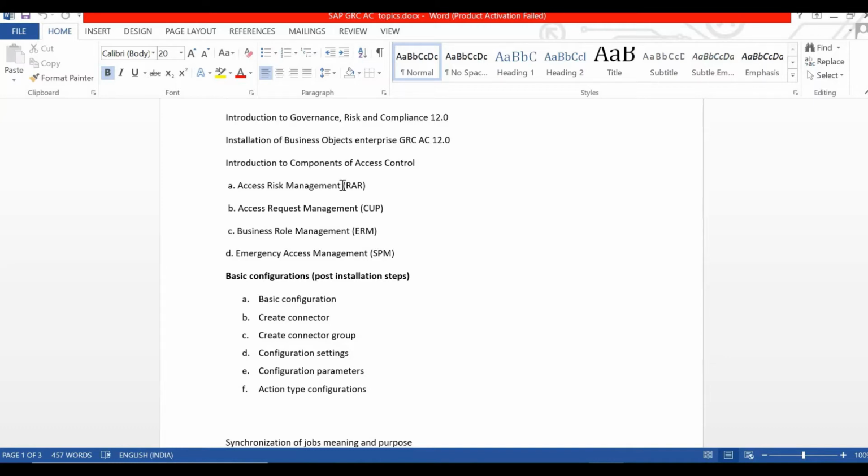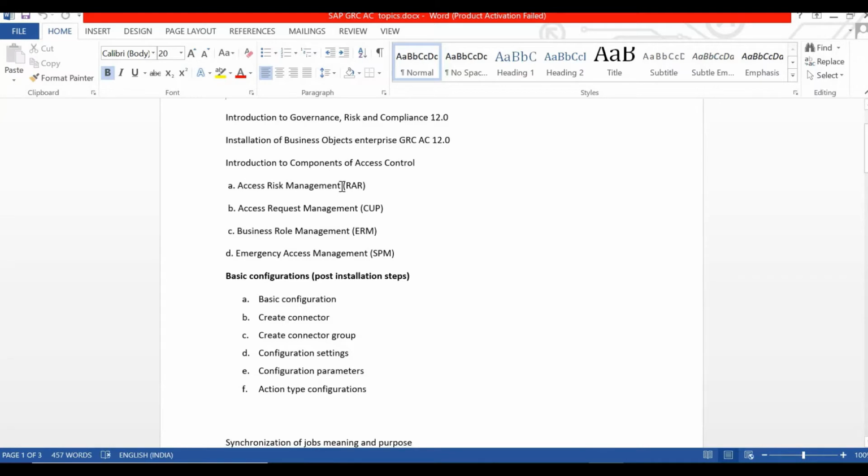For example, suppose people can change their own salary, salary slip or basic pay, and they can also run the payroll. If somebody has these two transactions, they can change their own salary in the HR system and then run the payroll. That should not be given to a user because it is a risky transaction, or an SOD transaction. So we define different business transaction combinations, their objects and values, in